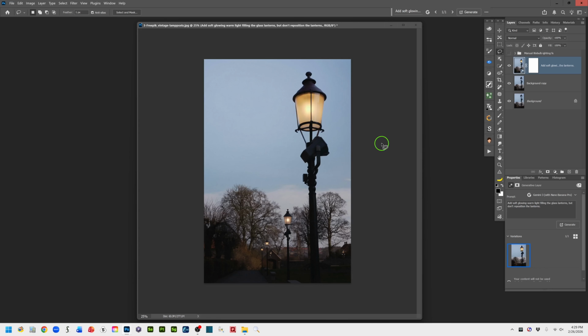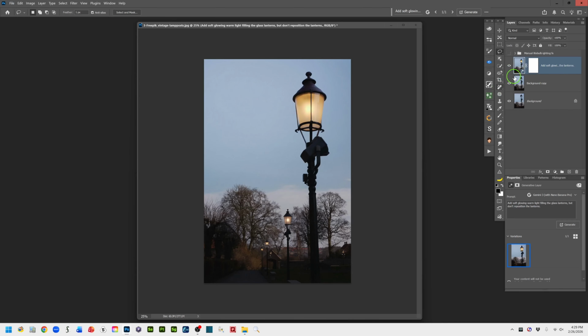And it did it. So that's pretty nice. And I think it looks better than the one I did manually, but either one is passable. You get the same effect. Now, once you use the generative AI, let me show you over on the right in the properties panel associated